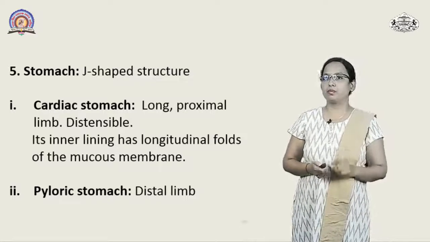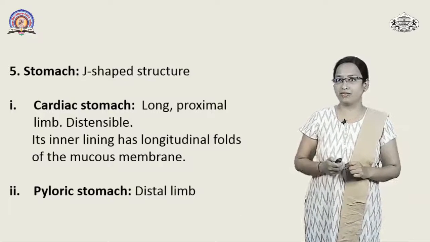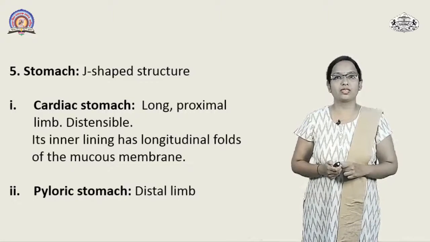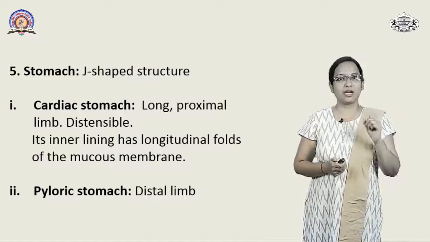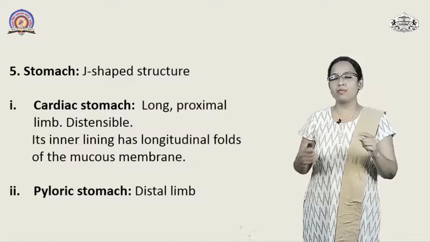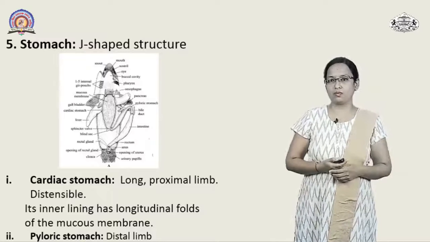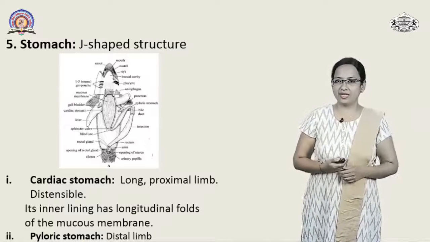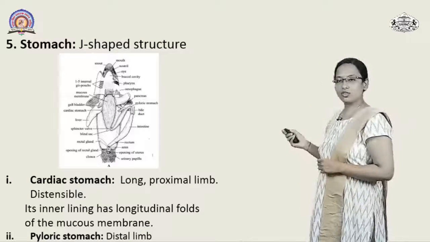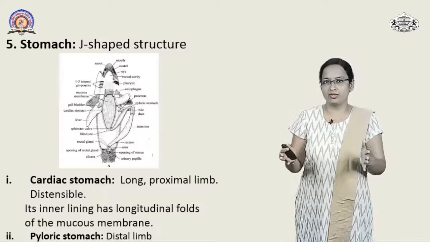Now the stomach is a very important part over here. It is a J-shaped structure. Okay, it will be divided into two parts. First is cardiac stomach, second one is pyloric stomach. Now the way the cardiac and pyloric stomach are placed is going to form a J-shaped structure. So let's see the two parts of the stomach. The first one is going to be the cardiac stomach and the second one is going to be the pyloric stomach. If you see the structure of cardiac stomach in this particular diagram, you will see that it is very wide in space, right?